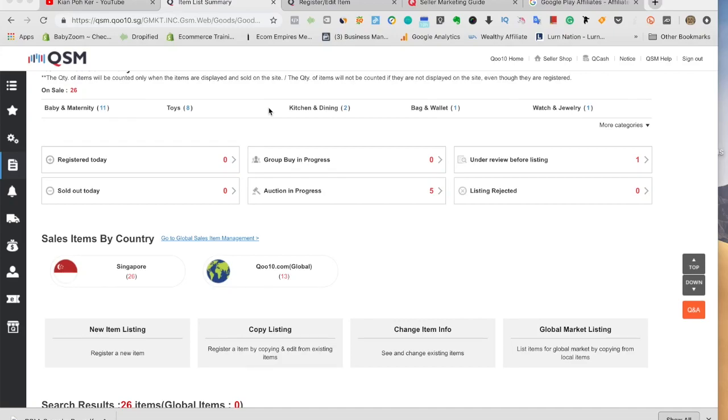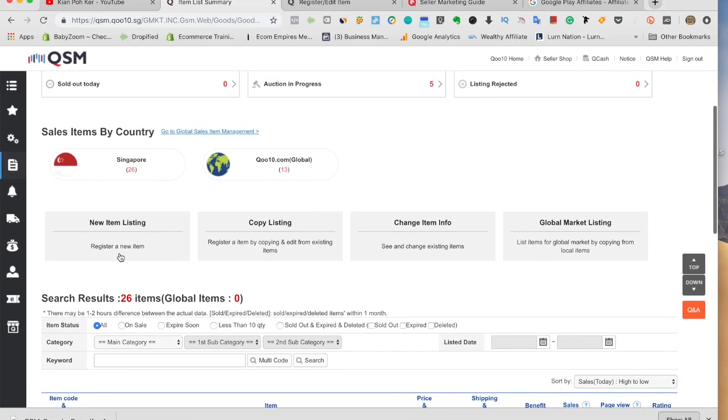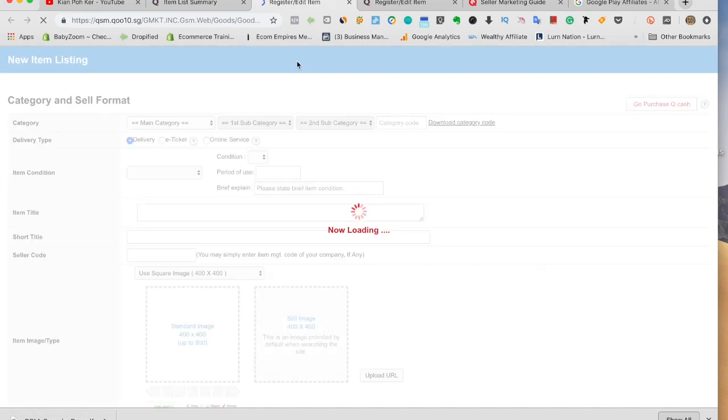So today I'm going to show you a very quick method on how to set a pre-order in Qoo10. But first, in order to set the pre-order, you have to request Qoo10 for it. So how do you go about doing that? First, go to register for new listing. Once you are inside,